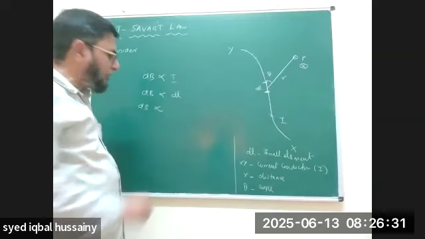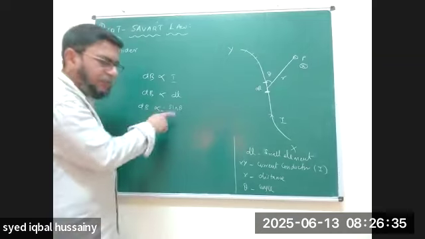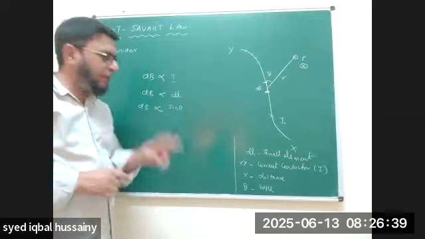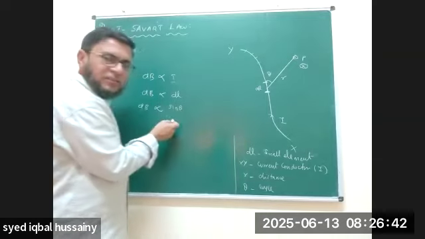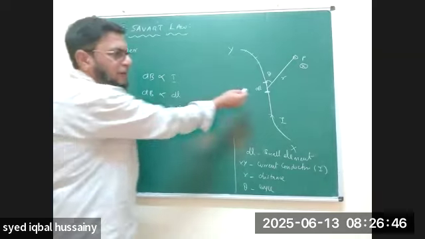sin theta. If I use the word sin theta, then there should be a theta. It means an angle between two things should be there. So here, theta is the angle between the element you have chosen, the element in this direction, and